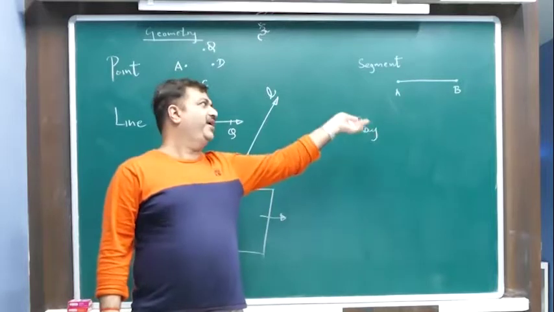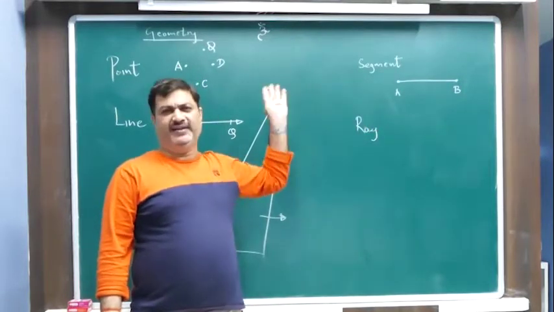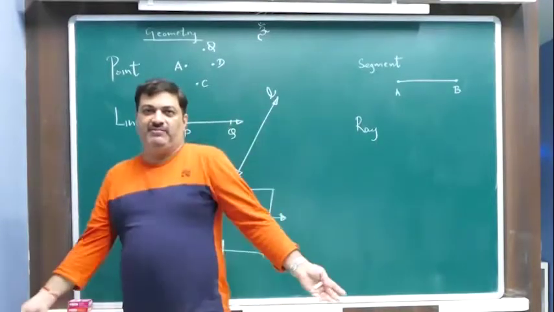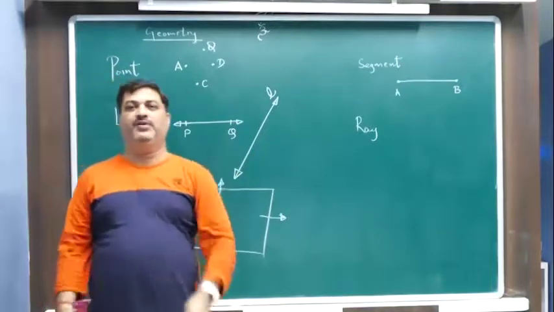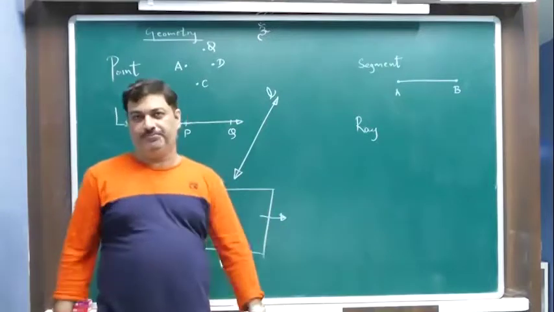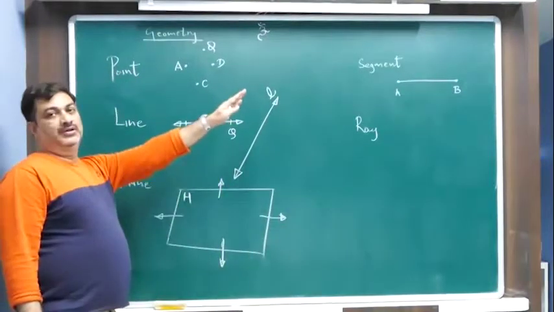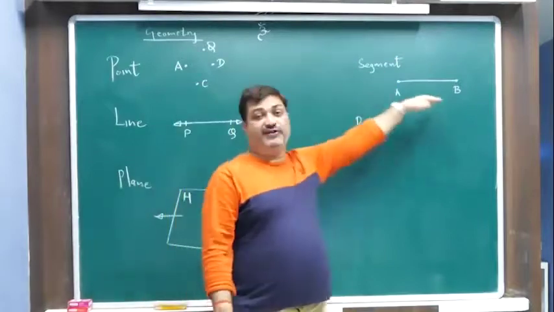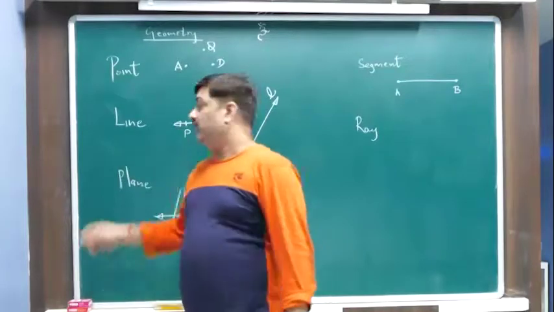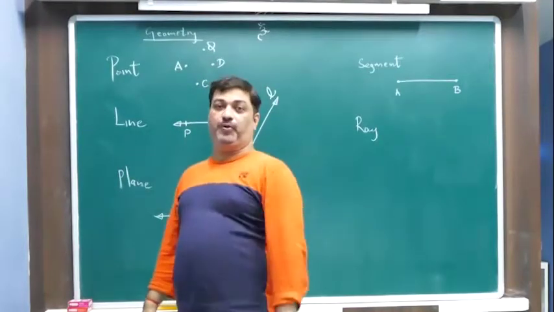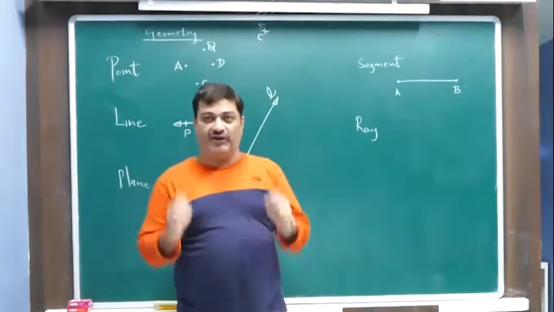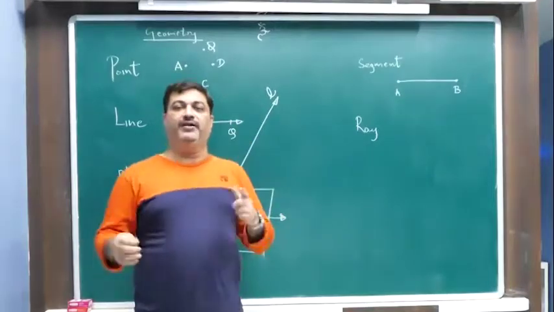Can you reverse it? Can you say B is the starting point and A is the ending point? Yes, you can. Okay, so it can be reversed as well. It doesn't matter for us whether we start from A or we start from B. If you start from B, A is your ending point. If you start from A, B is your ending point. Clear? Alright, so a segment is basically also a collection of points just like the line. It is also a collection of points, but a definite number of points. This is a collection of an indefinite number of points, unending. This is a collection of a definite number of points, meaning it has got an end. It has got a beginning and it has got an end.